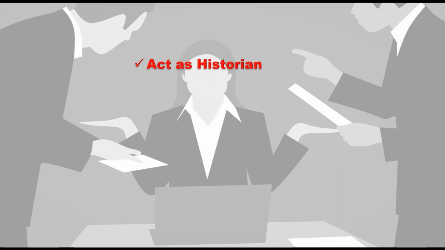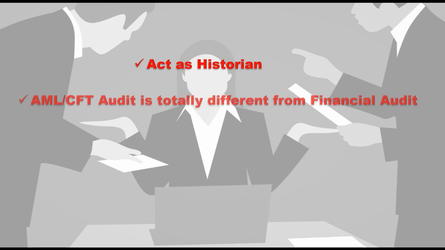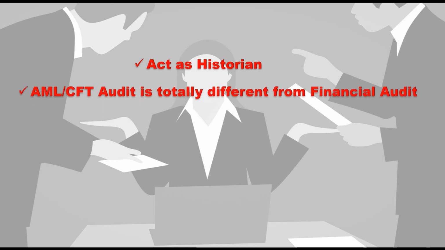Most audit professionals are basically historians who provide an opinion on the truth and fairness of a set of financial statements covering a period of time in the past. The auditing and independent testing of money laundering and terrorism financing is very different. There is a requirement to look at every business process with customer transaction, whereas the financial statements are required to be materially correct. In the area of anti-money laundering, there is almost zero tolerance for error.